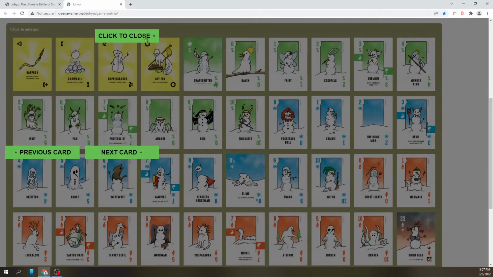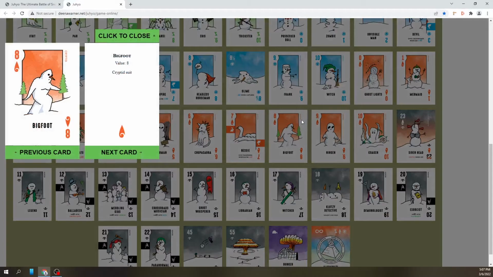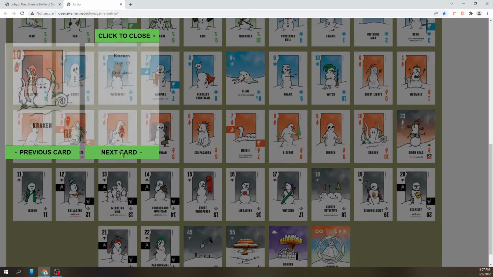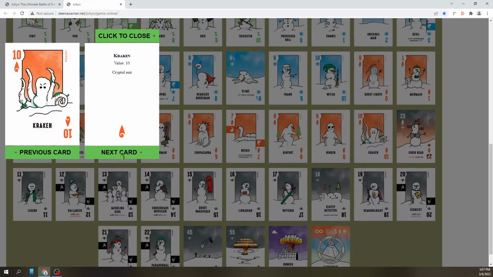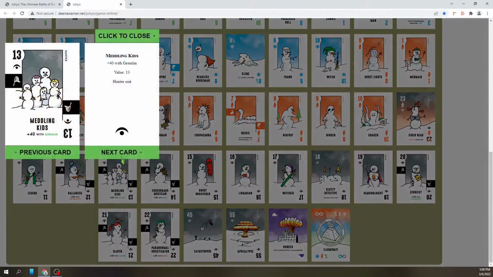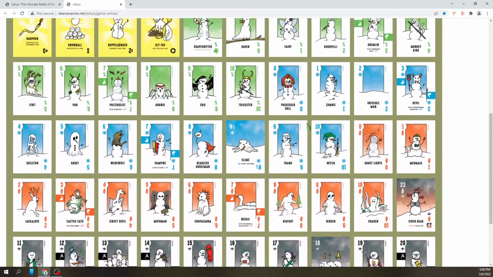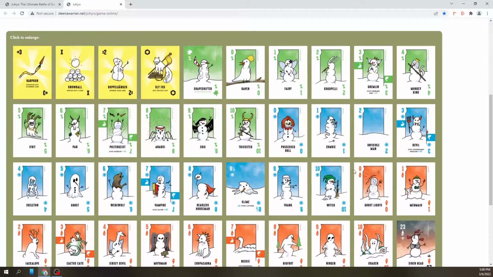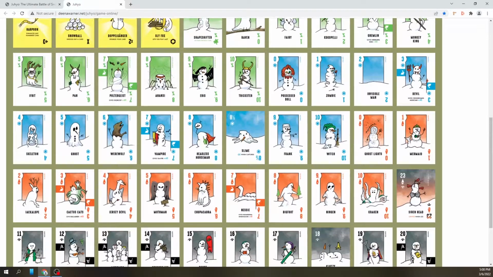and vampires, Bigfoot, Ninjan. I don't know if you've heard of a Ninjan, but most people have heard of a Kraken. There's a Kraken snow monster. There's meddling kids. We all have to be on the lookout for them during horror movies. Crossroads musician. There's a lot of interesting stuff in here that Dina Warner and my kids came up with.